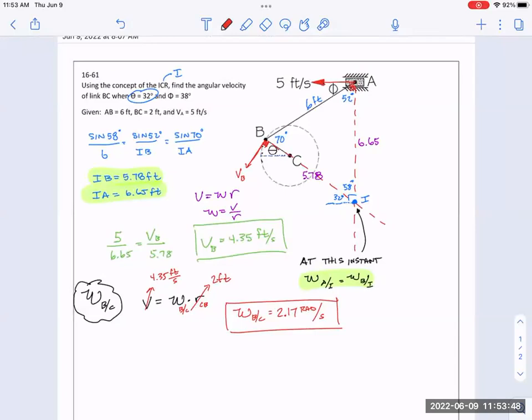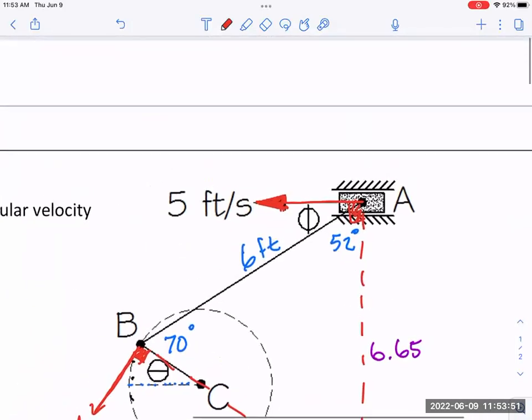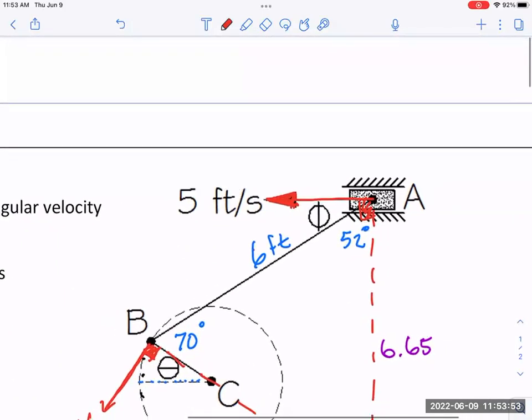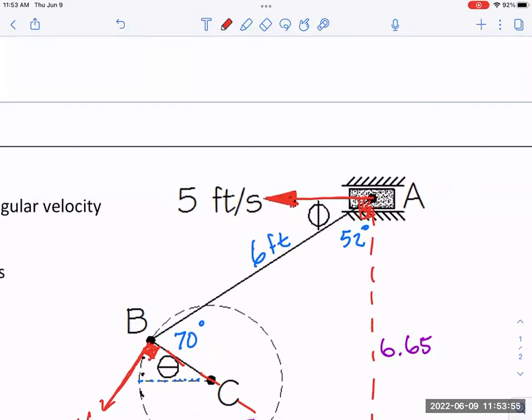So don't lose sight of the goal. The goal is, I'm over here and I know what's happening there because that's the driver. I see that it's working its way left, apparently at a constant speed of 5, because there's no acceleration given. But